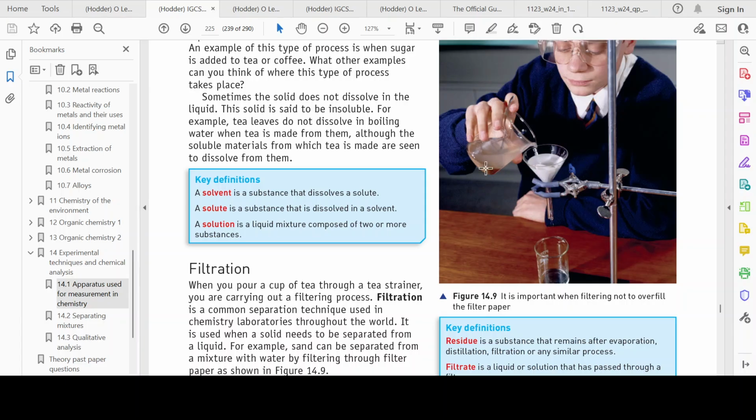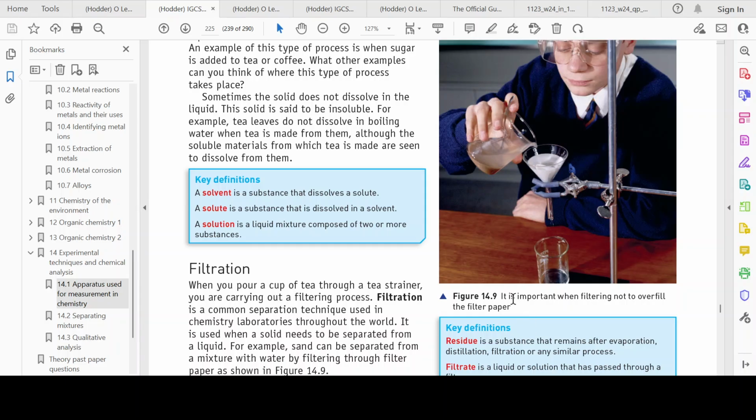And what it's going to do is, you can see there's sand in here. Some of it has settled at the bottom, so that's not problematic. But you can also see the water is not clear. So there's sand particles in the water. And so you're pouring it through the filter paper in the funnel, and the filter paper should trap all the sand particles, and what you should be getting is only the water,